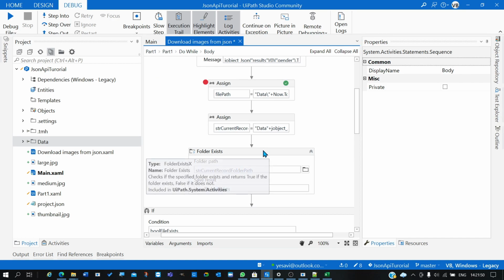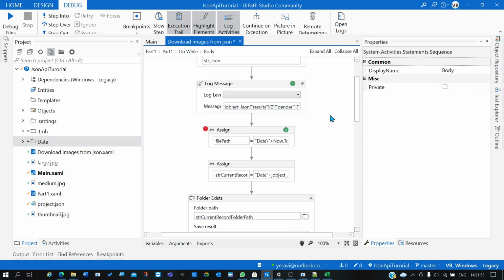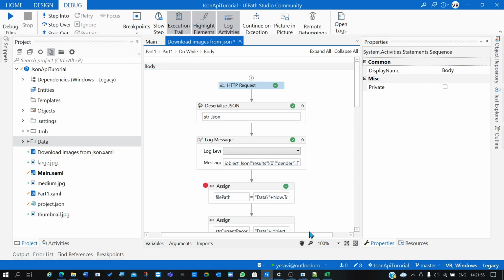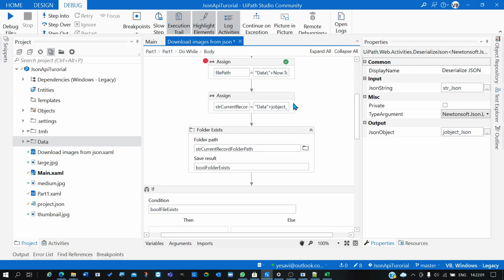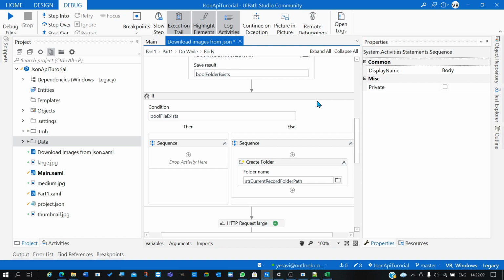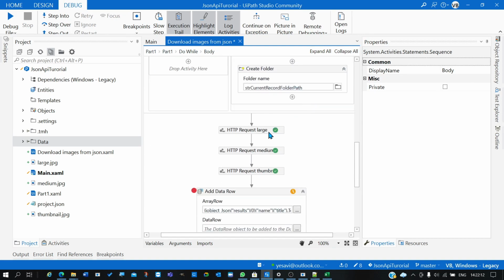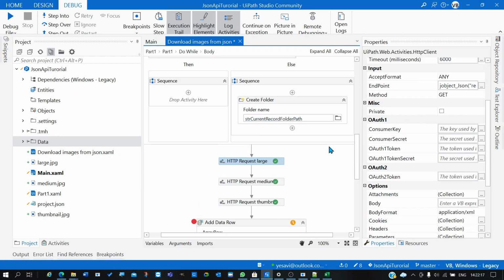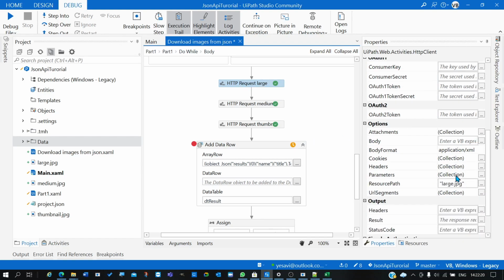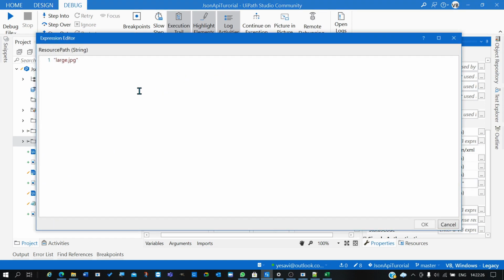So let's try to recall what we are trying to do. We are first trying to make a HTTP request to get this JSON response, deserializing the JSON to get into object, and then trying to add a file path that is for Excel file, but a folder path to download all the images. Let's see. Here you have a resource path, like okay, I'm downloading it to data folder, but how can I download it directly to that folder path that we have created? So here I just need to add a different value, or I just need to append it something like this: